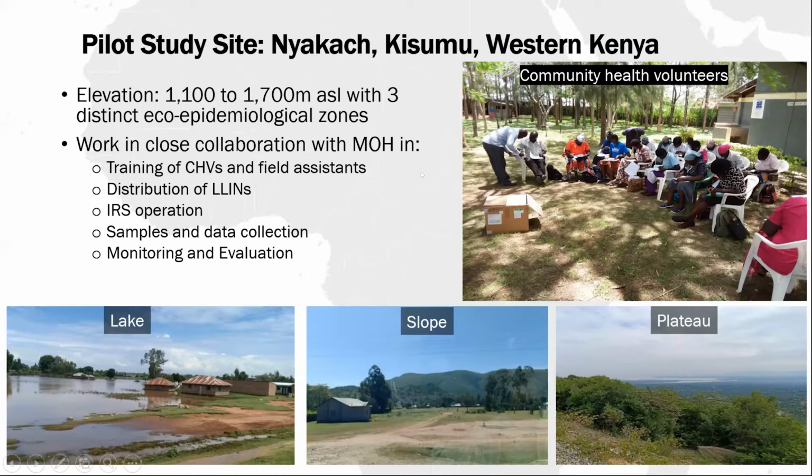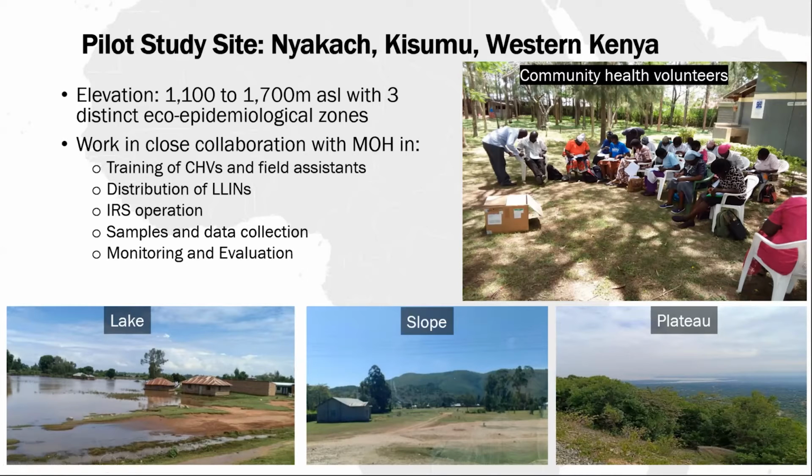And our site has 3 distinct eco-epidemiological zones, ranging from 1,100 meters above sea level at the lake shores of Lake Victoria, going up the hilly slope, and then up to the top of the hill on the Nyambondo Plateau, which rises to 1,700 meters